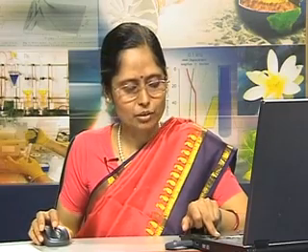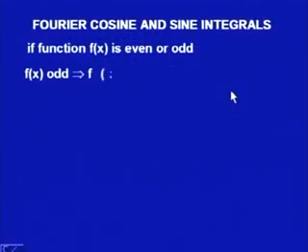Let us see cosine and sine integral, because just now in the example we had got only the cosine term, not the sine term. So, when will that happen? As in the case of Fourier series, we found that if the function is even, we get only a cosine series; if the function is odd, we get only a sine series. Similarly, here the same thing will happen. So, we say if the function is even or odd,